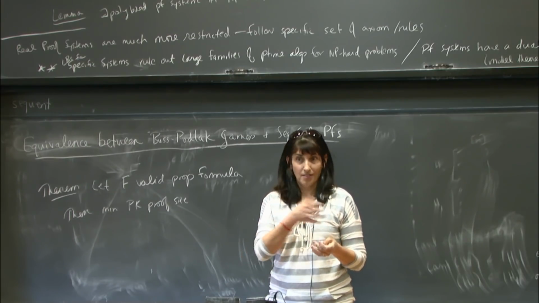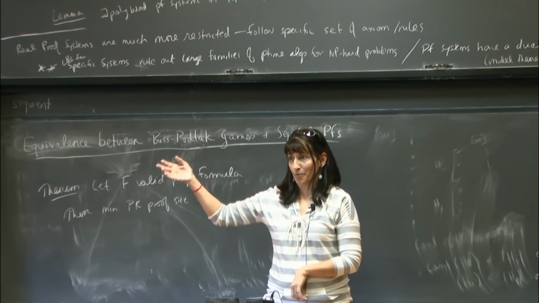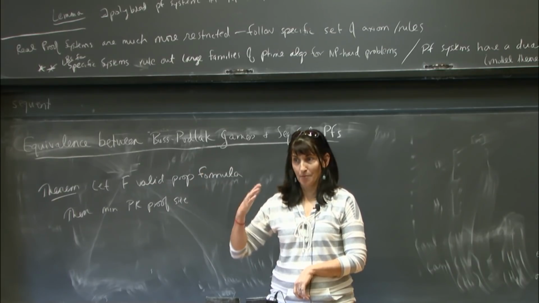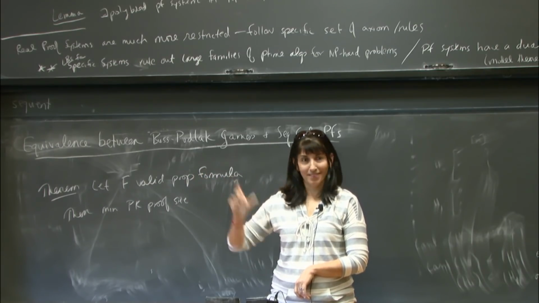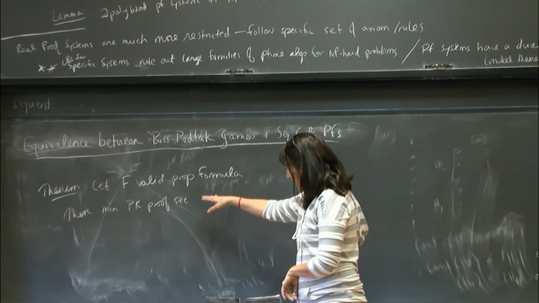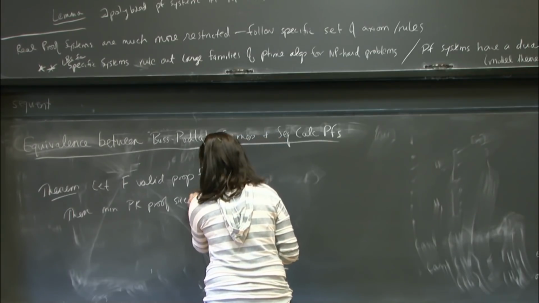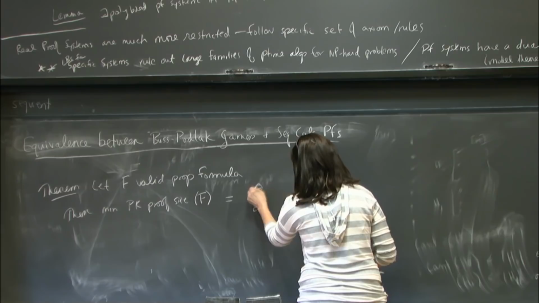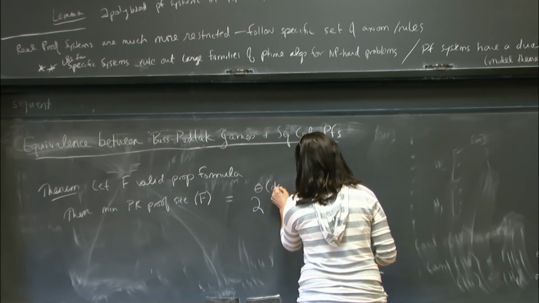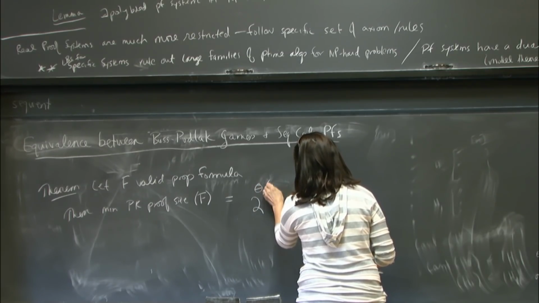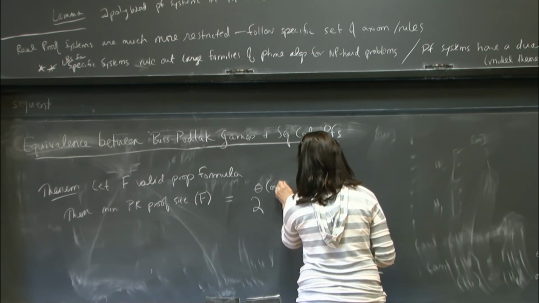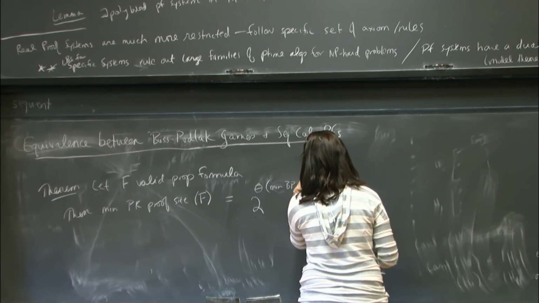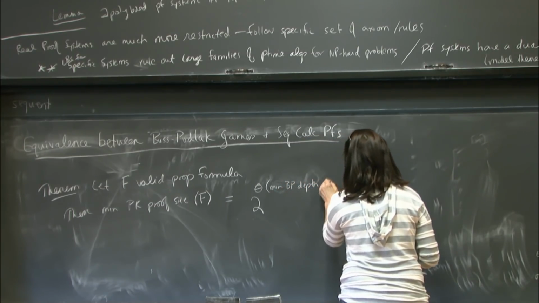You just sum up the sizes of all the formulas in every line of the proof. So just sum up the size of each sequent. And so the minimum PK proof size for F is going to be equal to 2 to the theta of the minimum Buss-Pudlák depth for the game associated with